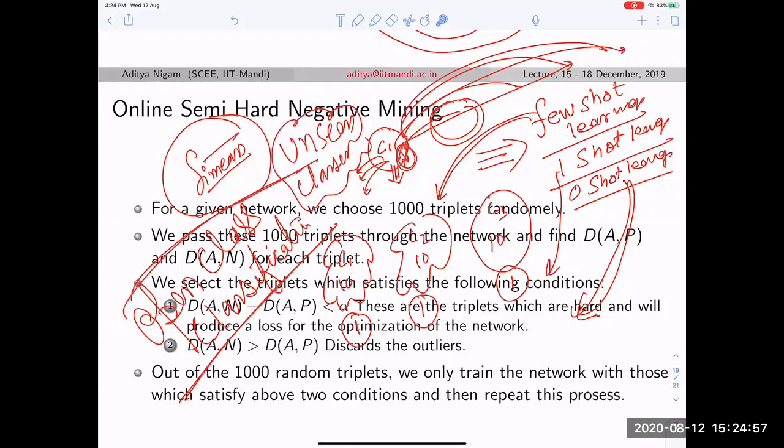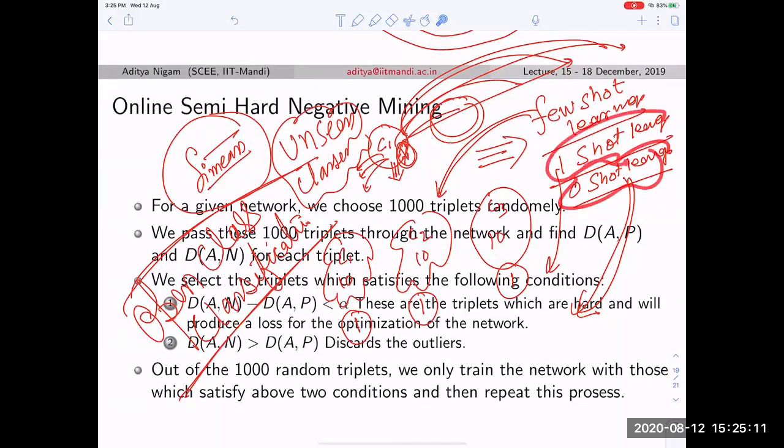So I'm showing you a few classes right now, and you understand. Once you understand, now I am going to show you something new. Initially I show you cat and dog images. Training over that, can you generalize over car and bus images? If it is possible, that is called zero shot learning, one shot learning and few shot learning. And the metric learning approach works because it makes triplets, it makes pairs. You are going to get a huge amount of pairs, even if in a particular class you have very few images. So if you learn the metric, then you can do few shot, one shot and zero shot learning as well. I'm done with this. If you have any question, you can ask.